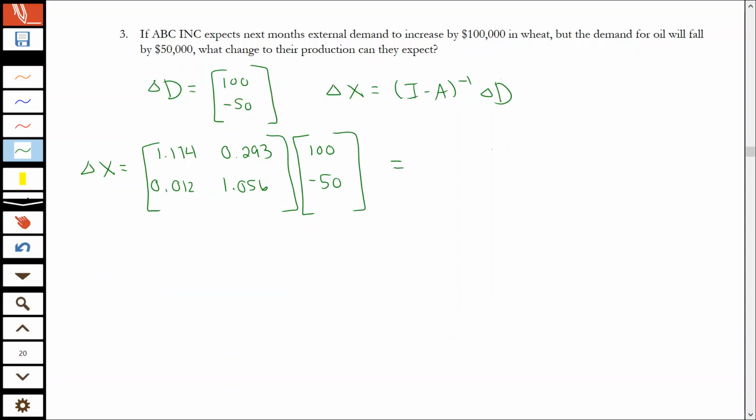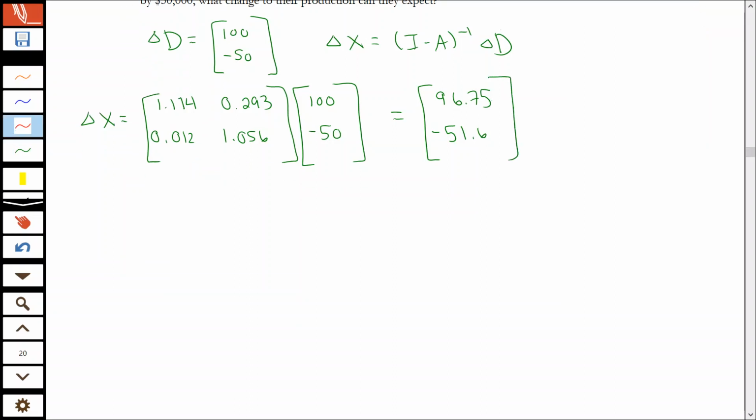And so if I multiply this out, I end up with 96.75 for wheat and negative 51.6 for oil. So what this is telling us is that production will increase by $96,750 for wheat